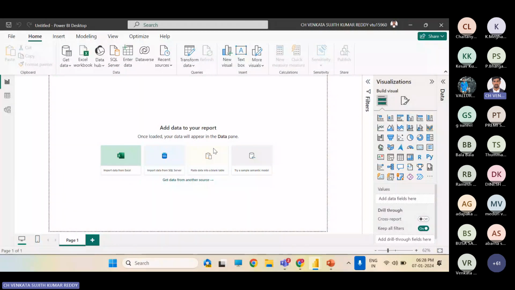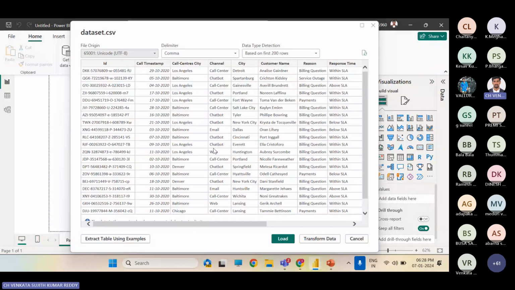You can connect any kind of data set, whatever it may be: Excel, CSV, databases, servers, Amazon AWS servers, any kind of service. Also, you need no coding language to work with Power BI. You need very basic mathematical knowledge, like mathematical logic: algebra functions, average, mean, median, mode. A basic mathematical function is more than enough for learning Power BI.